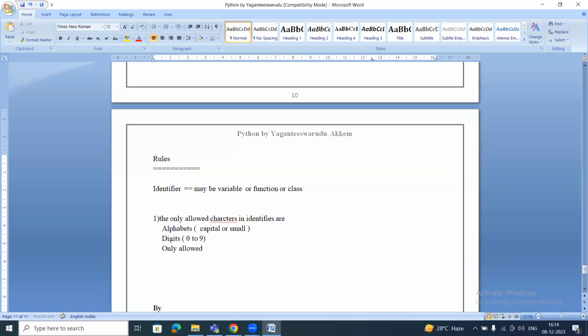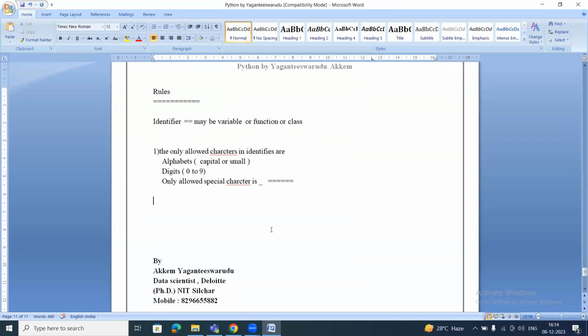The only allowed special character is underscore. So there is some special meaning for underscore that I will discuss. If the variable name contains underscore, what it means, and where we are going to use those variables, we will discuss with examples. For example, if I am declaring some variable, this is correct,